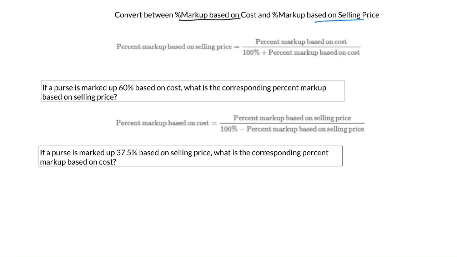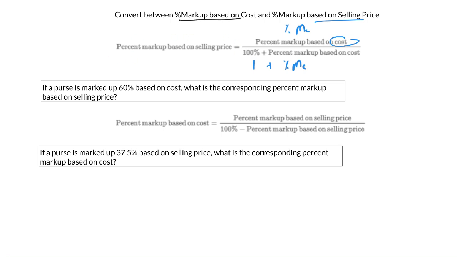Now, the key thing to note is that if we are given a percentage markup based on cost, in terms of selling price, it will be a smaller entity. So we have to deflate that, because as the percentage over cost, the denominator is smaller than if we look at it on the basis of selling price. So the basic idea to get into selling price percentage markup is that we look at 1 in terms of decimals, and then we add our percentage markup based on cost. And the denominator is percentage markup based on cost. So this will help us in some ways deflate the percentage markup